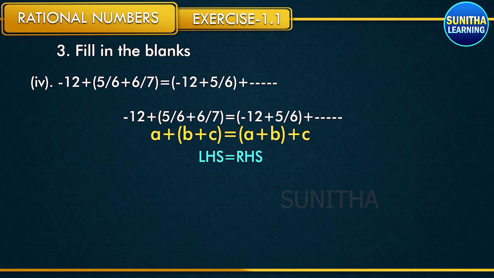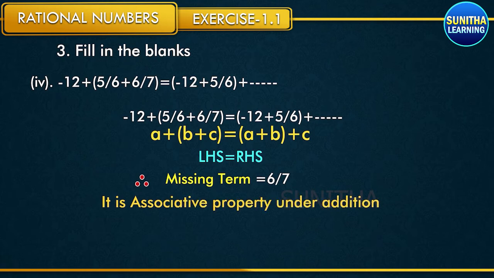So which property is it? It is associative property under addition. So yes, for rational numbers, associative property under addition is followed. So what is going to be the answer? What is the missing term over there? Here minus 12 is there, 5 by 6 is also there. Now what is the missing term? 6 by 7. So the answer is 6 by 7 directly. Clear? They didn't ask you the property, but just write it down. Next,